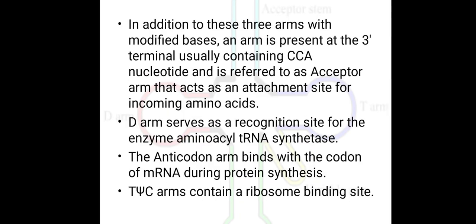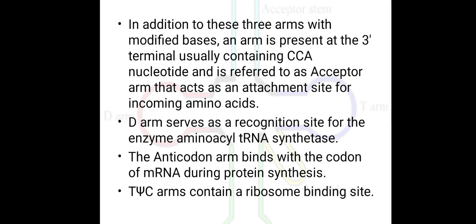Now, in addition to these three arms with the modified bases, an extra arm is present at the 3' terminal, usually containing the CCA nucleotides at its 3' end, and it is referred to as the acceptor stem, or the acceptor arm. Majorly, it is the site where a specific amino acid is attached to the tRNA molecule during the aminoacylation of tRNA molecules, which is an initial step during